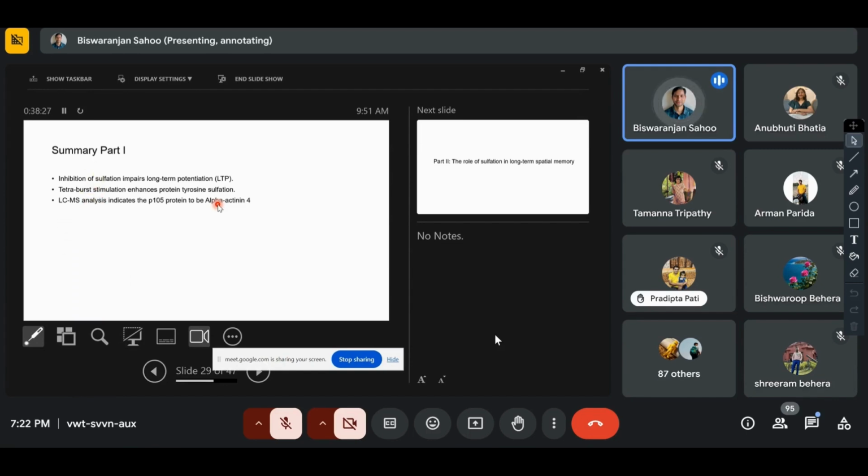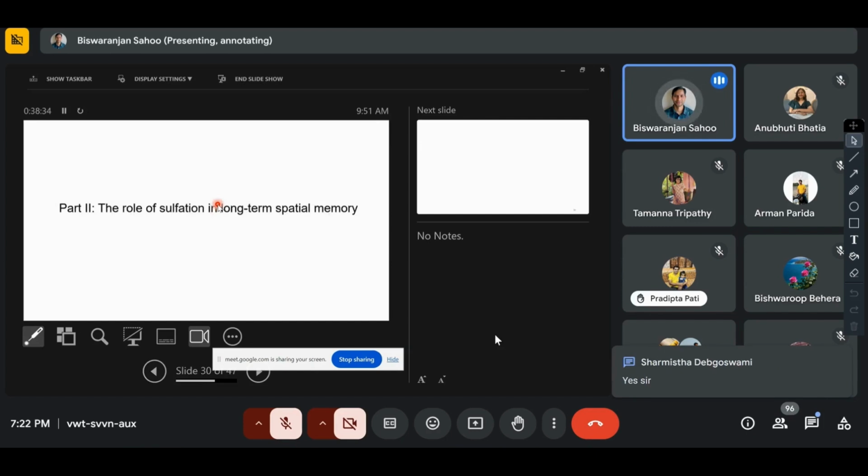Okay. So if there is no response, I will consider you have understood the first part. So I'm moving to the second part. So that was in the cellular basis, at the cell level, neuron level. Now at the behavior level, we try to study the role of sulfation in long-term spatial